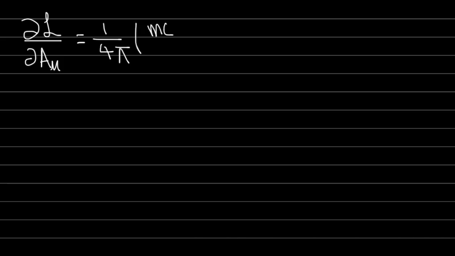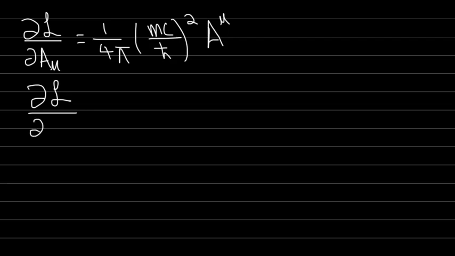So if you look up at the Lagrangian that I just wrote, this thing, partial L over partial A mu, is simply equal to 1 over 4 pi times mc over h bar squared, the constants, and then this quantity which we had the derivative with respect to. Okay, so the next thing is then of course to compute partial L over partial partial nu A mu,